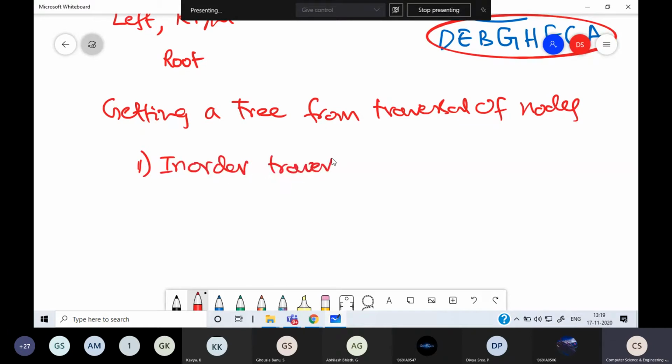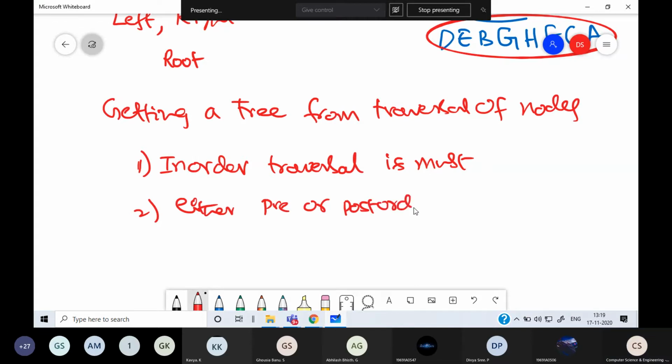Without in-order traversal, you cannot get the tree back. And the second point is, either the pre-order or post-order traversal is also required along with the in-order traversal.